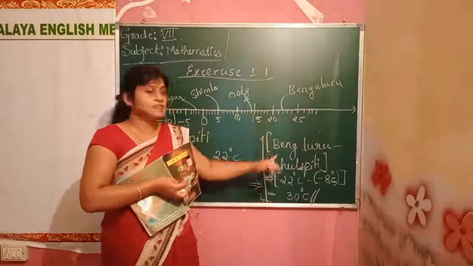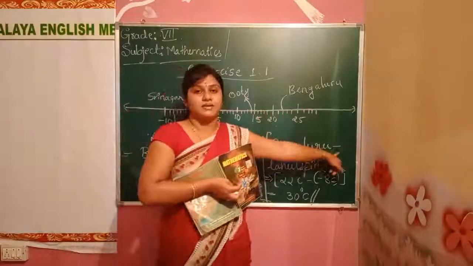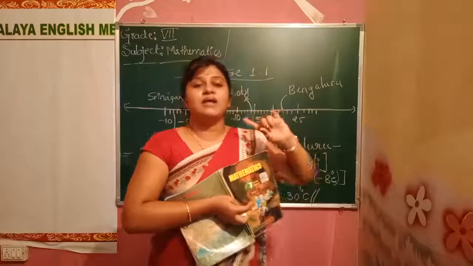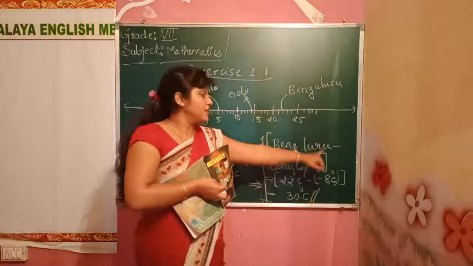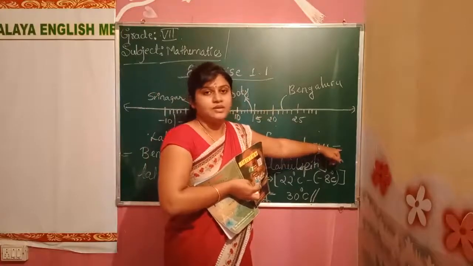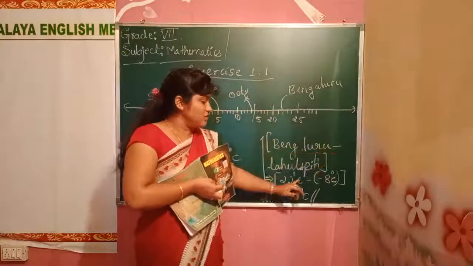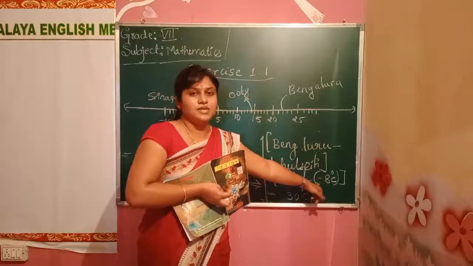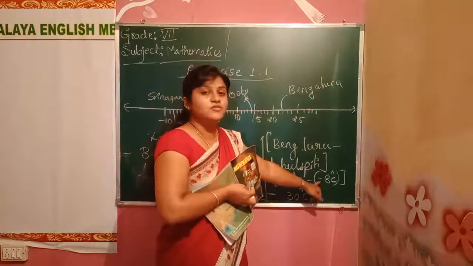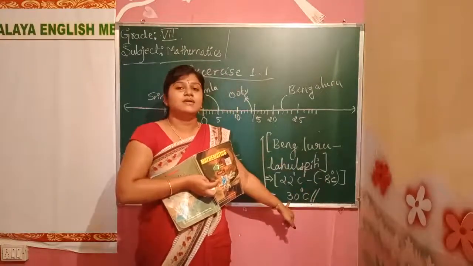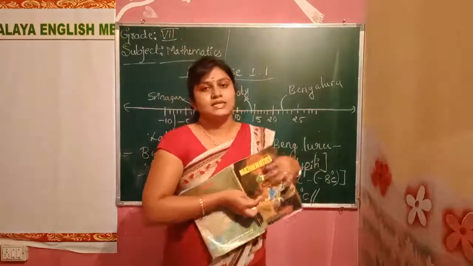When they will tell the difference, we have to do the minus sign. Yes, if they tell to find the total, then we have to apply positive sign. But they are telling the difference. So we are doing here minus sign. Yes, but when we do the solution, when we start calculating, the minus will be what? Plus. Obviously, the minus will be plus. So we add these two numbers. How much we get? We get 30 degree Celsius.